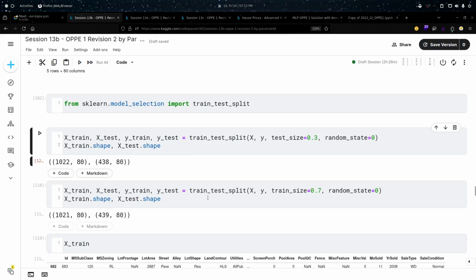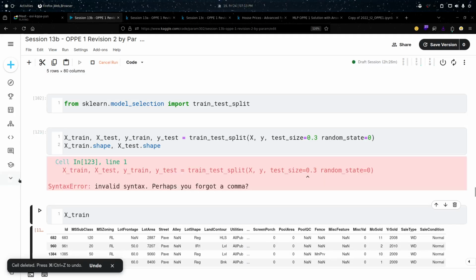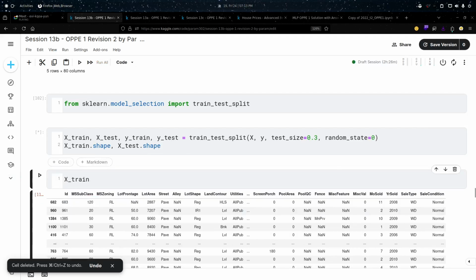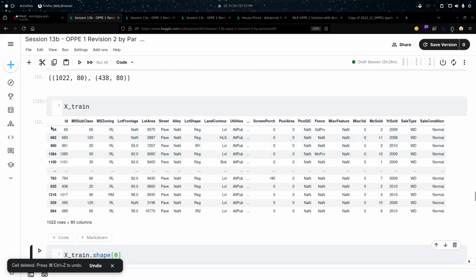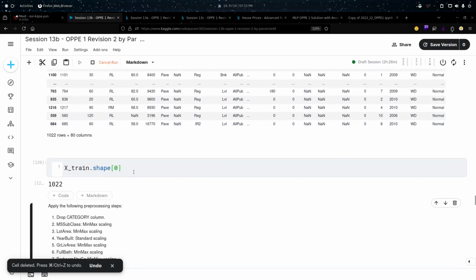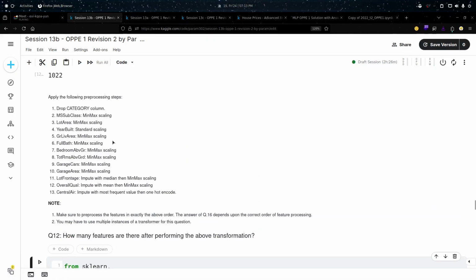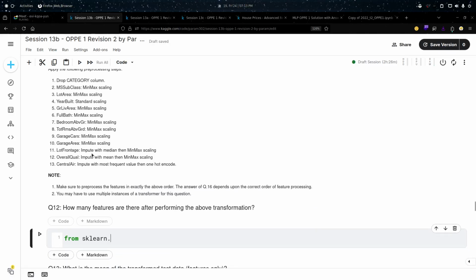All right, now let's move forward. Let's only take that test size equals 0.5. That would be better. Okay, let's go with the question itself. Now if we see, this is the shape. Now we have to import min-max scalar. We have to import the imputer and the one-hot encoder as well. So you guys tell me, how can I do so? Like first, how can I import the min-max scalar?